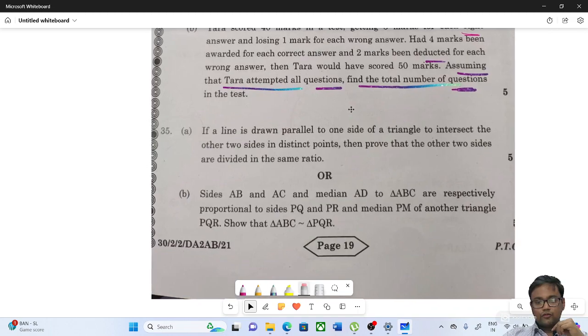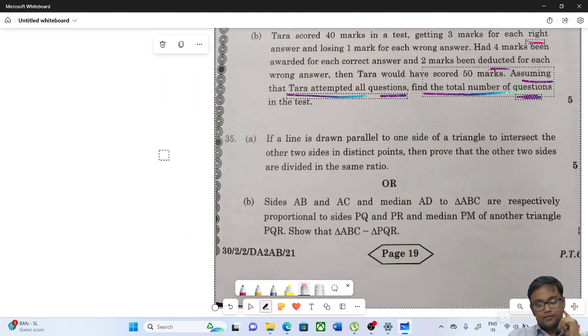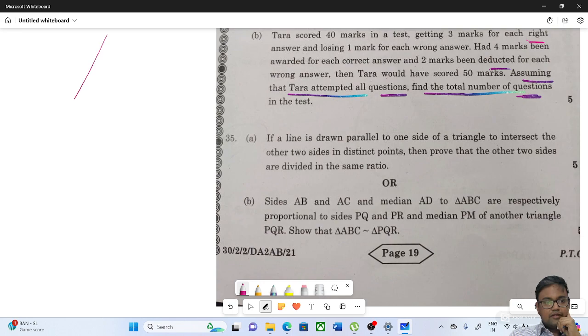If a line is drawn parallel to one side of a triangle to intersect the other two sides, let us say BC is that side to which a line is drawn parallel, intersecting the other two sides. That line should intersect the other two sides at distinct points, that is, these two points are different. So let us say the names of these points are D and E. Then prove that,